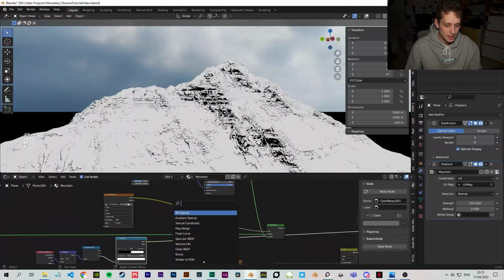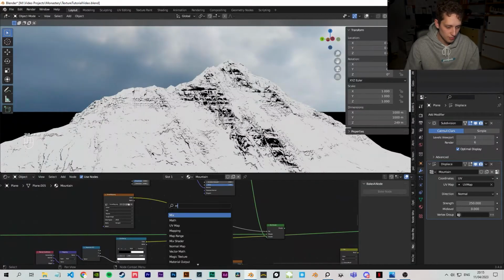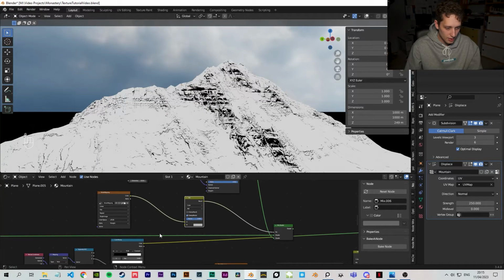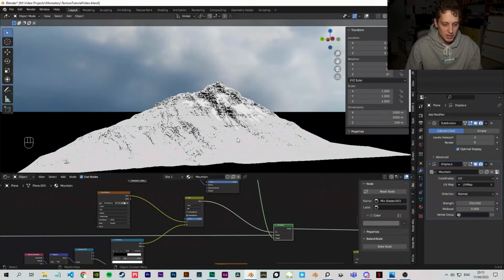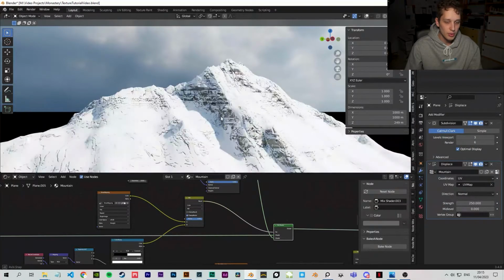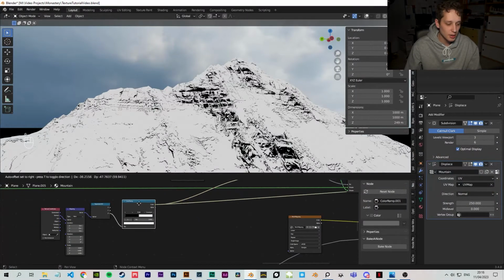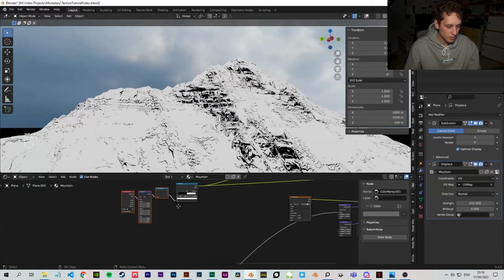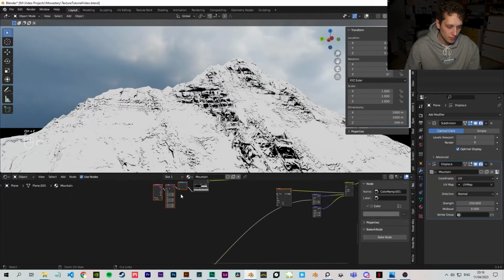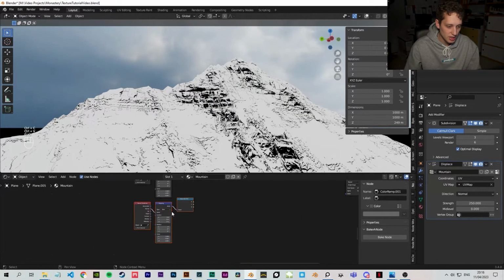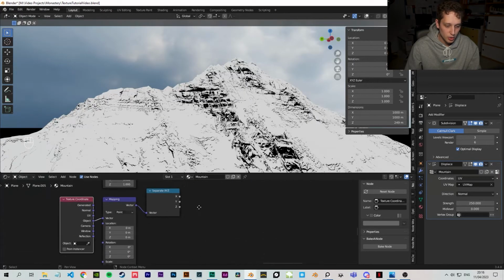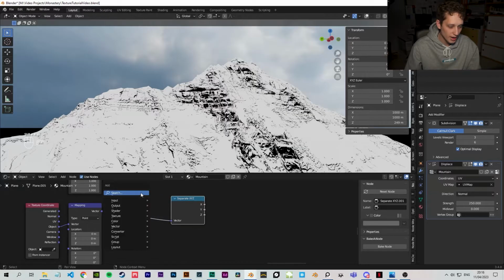Now if we add this with a mix RGB, set to add and then factor to 1, and then we add this to the B slot, we're gonna have a mountain that's basically completely covered in snow, which is unnecessary. We want to mask out this normal based mask with a height based mask, so we can do that very easily by copying and pasting the same XYZ setup and then putting in the object texture coordinate, then making sure that we have a